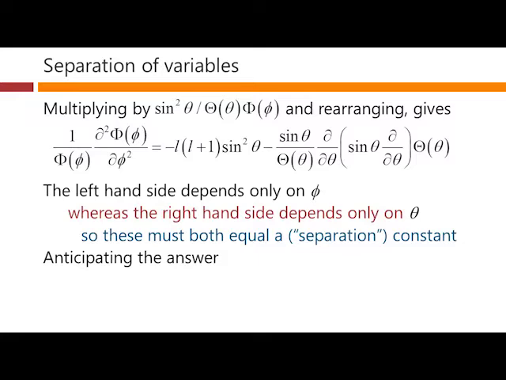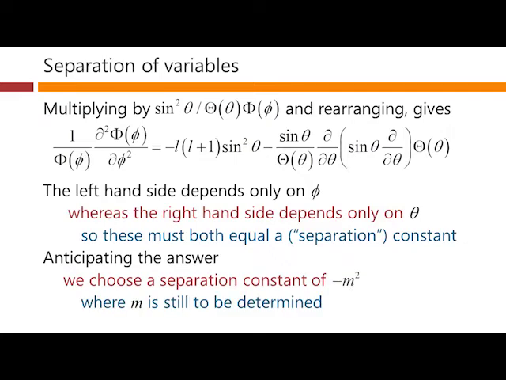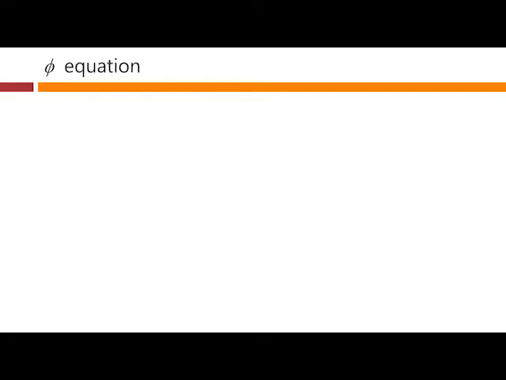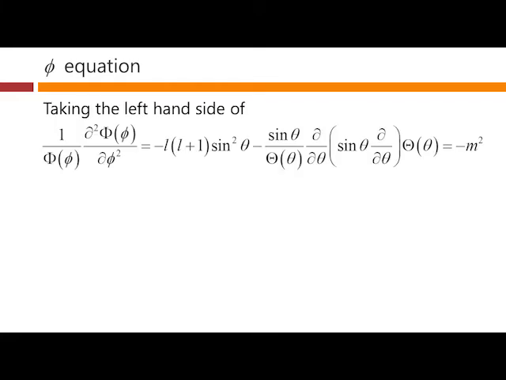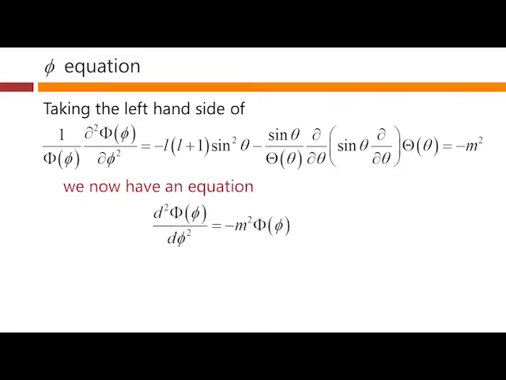So anticipating the answer here, we'll choose a way of writing down that separation constant as minus m squared, but at the moment it's really just an arbitrary number. And this m is still to be determined. So once we've done that, we have two different equations. We have our phi equation from the left-hand side of all of this, being equal to minus m squared, our separation constant. So our equation then for phi, since it's only in one variable now, it's an ordinary differential equation,